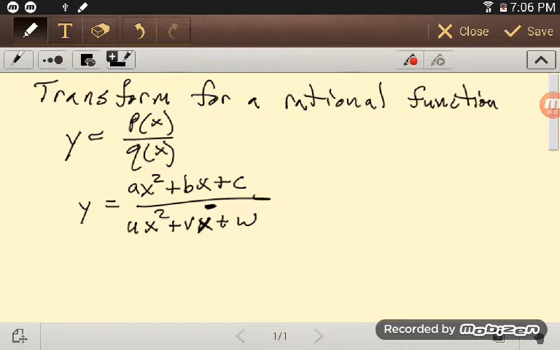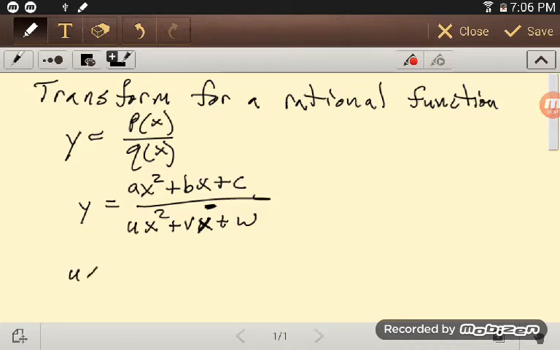Now, what you may run into is you may not be able to do this very well because you're trying to get too many constants. We'll look at that in a minute. But what you can do is to transform this to try to get something that looks a bit more linear. Multiply both sides by the denominator, and I get